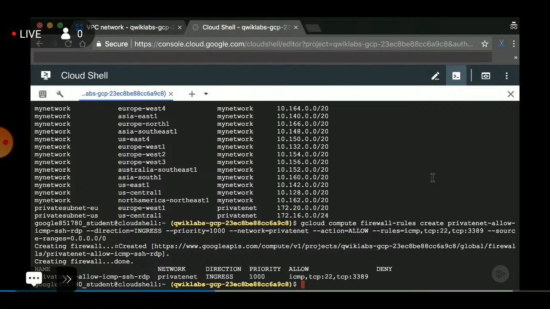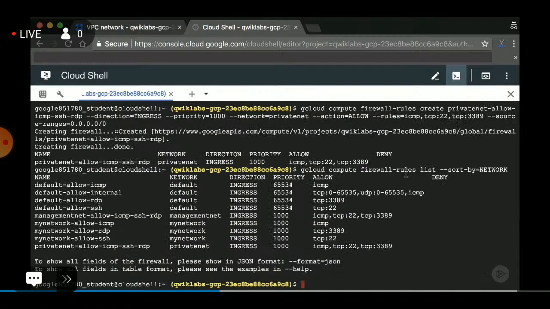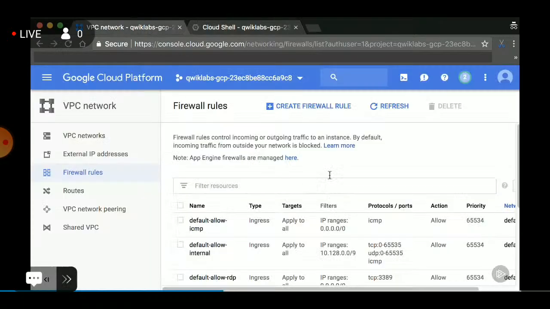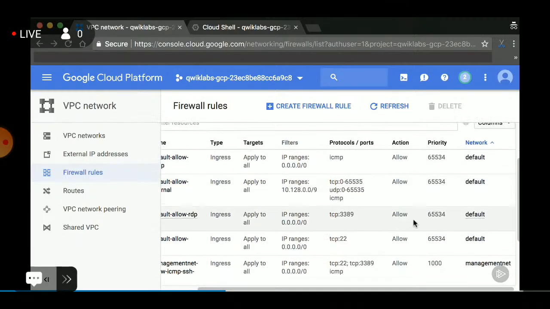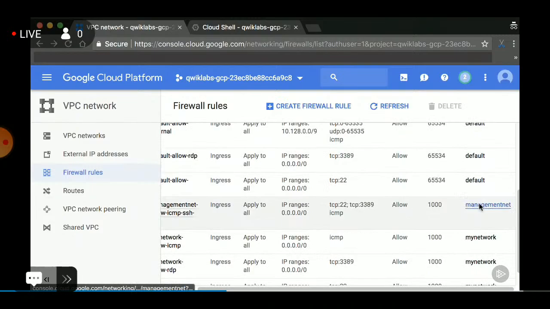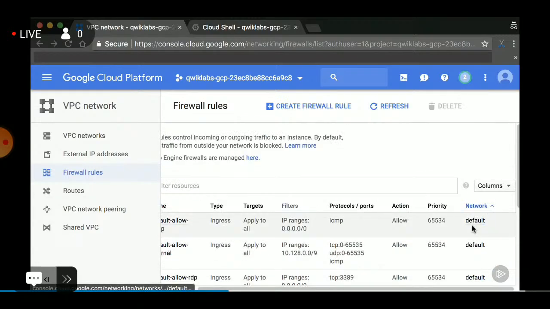Alright, so I'm getting a message that the firewall rule has been created, and I could actually query all of the firewall rules right now and sort that by network. So I can see here are my different firewall rules. I can actually go back to the console and verify that I see the exact same rules here by sorting by network as well. So 4 for the default, 1 for management net, 3 for my network, and private net is